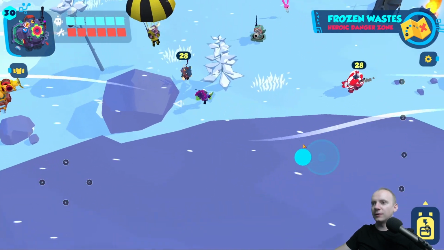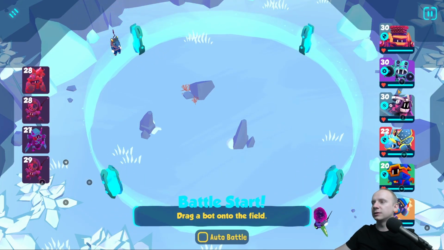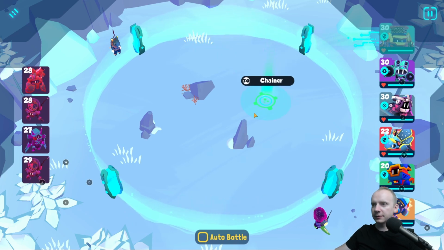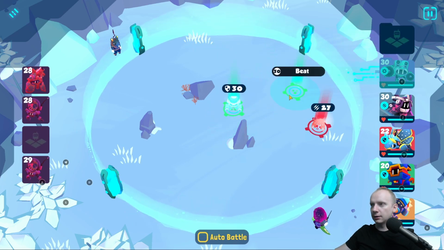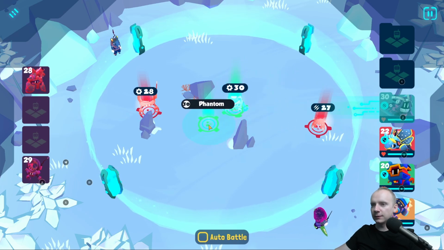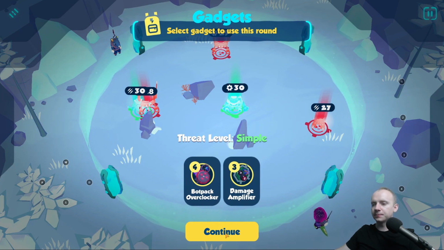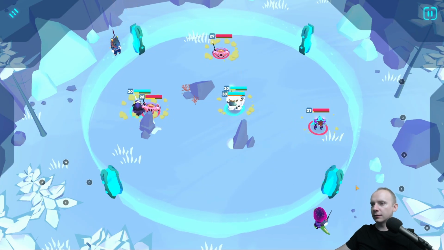I was supposed to fight here, but I really wanted to catch that rabbit. I wonder if he will disappear right now. Okay, so what is my strategy? Chainer, beat stance, and phantom. I will try to put phantom maybe further so that my overclocker doesn't really...